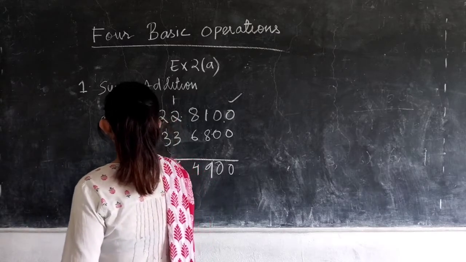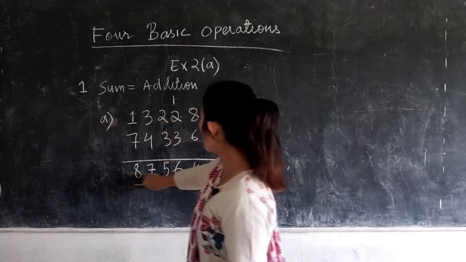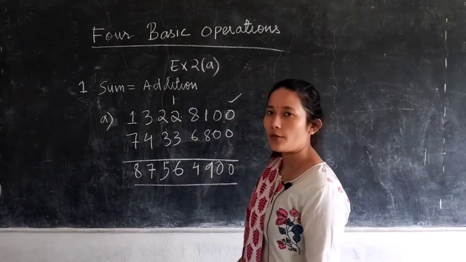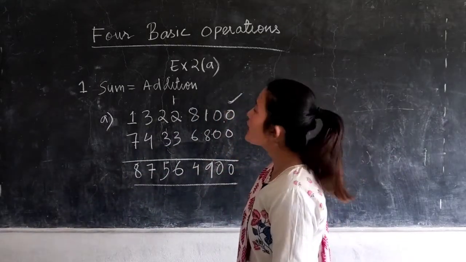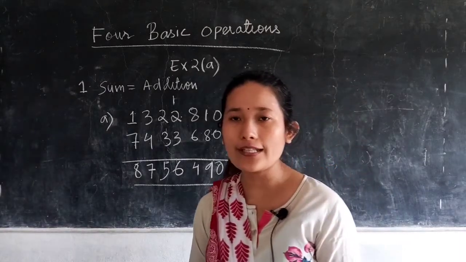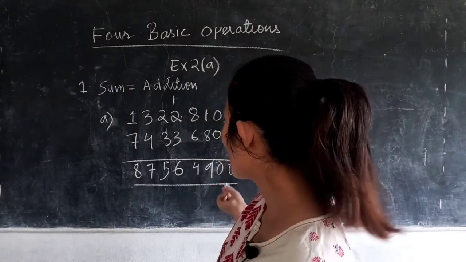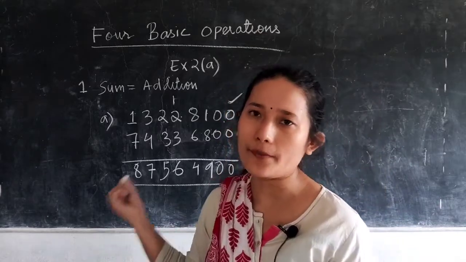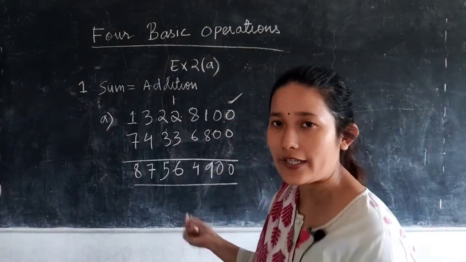7 plus 1, 8. So this one would be your answer. So while you are adding, always start from the ones place. Okay, so the others I think you can easily do, right? Because addition is very simple, which you have been doing from your lower classes. So the others you can easily do.